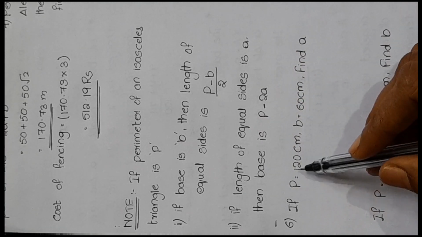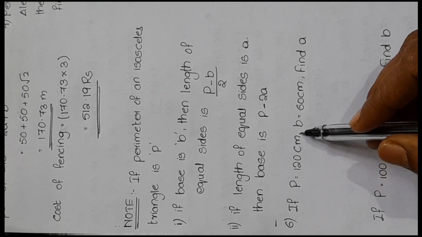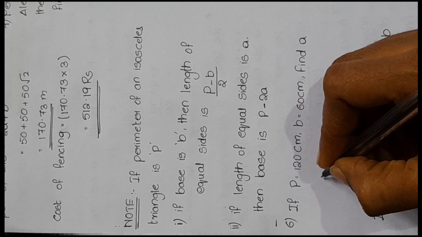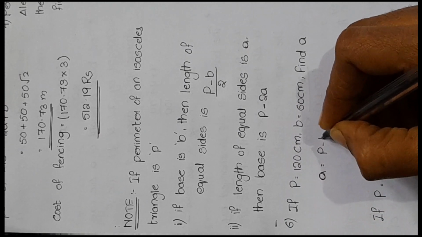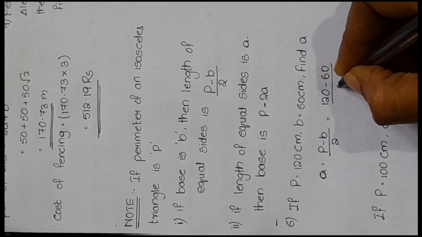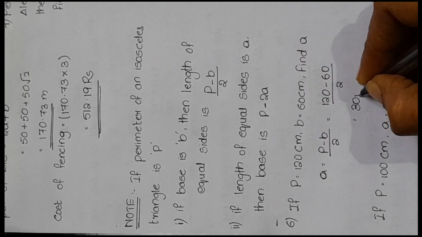Let us see a question. If P, that is the perimeter, is equal to 120 centimeters and B is equal to 60 centimeters, find A. So A is equal to P minus B by 2. P value is 120 minus B, which is 60, by 2, which is equal to 60 by 2, that is 30